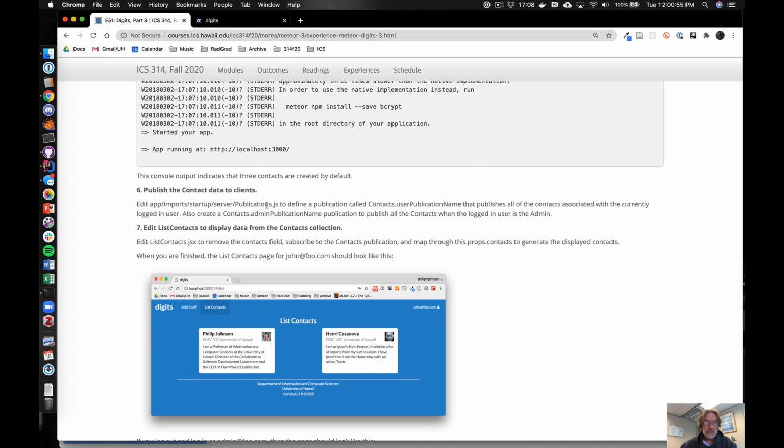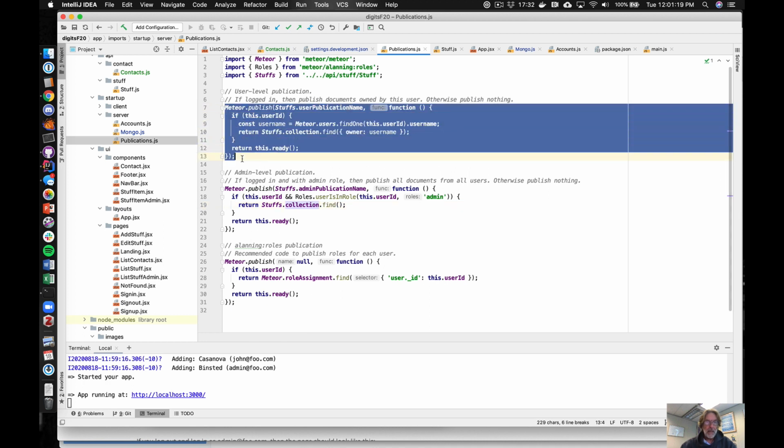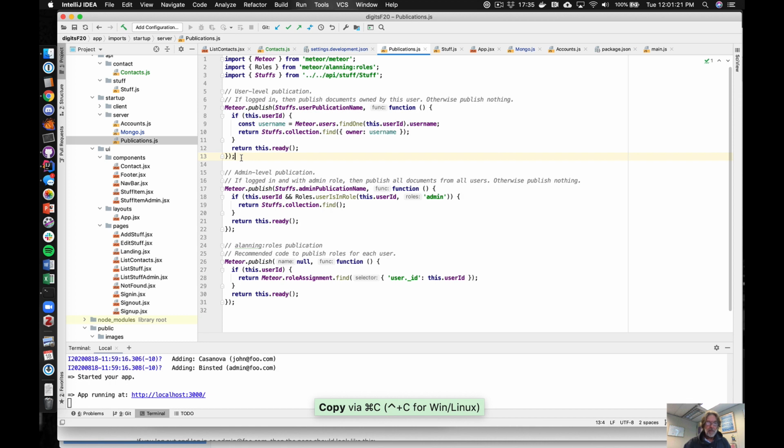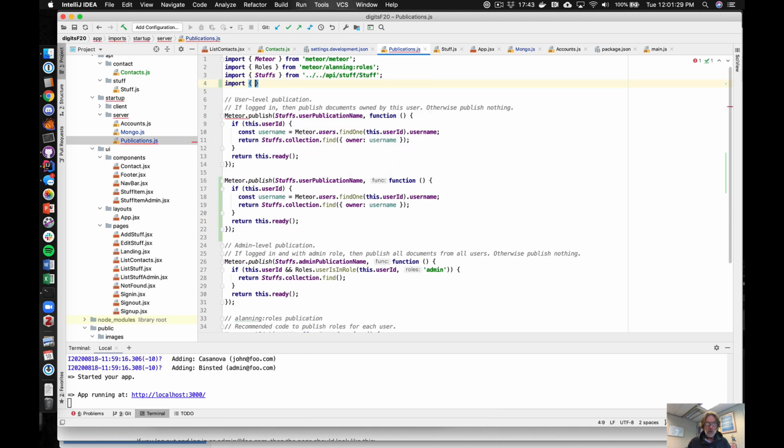So in server publications.js, we're going to define a publication called contacts.userPublicationName that publishes all the contacts associated with the currently logged in user. Also create an admin publication name to publish all the contacts when the logged in user is the admin. Fortunately, this is going to be very similar to the way the Stuffs application works. First we've got to have a contacts collection, so we're going to import contacts from